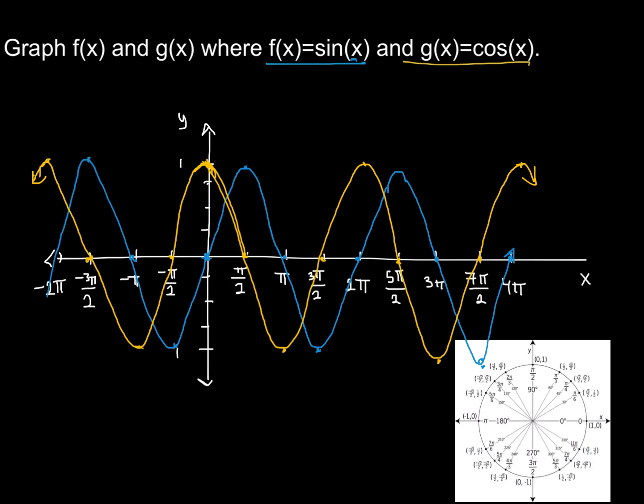So, sine, for example, is simply tracking the y-coordinate as I rotate around the unit circle, right? So at 0, the y value is 0. I haven't rotated at all, the y value is 0. And as I begin to rotate counterclockwise, the y value increases, and I get to the top of the circle, and that's where I get the maximum of my function. Then as I continue rotating, I am now descending. My y value is decreasing, and so the value of sine is decreasing, and it will eventually get to 0, and will continue to decrease until it reaches its minimum, -1,